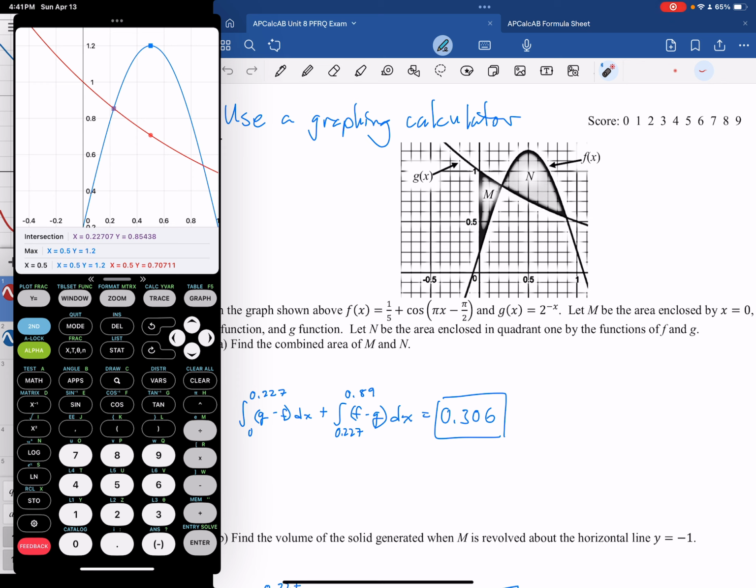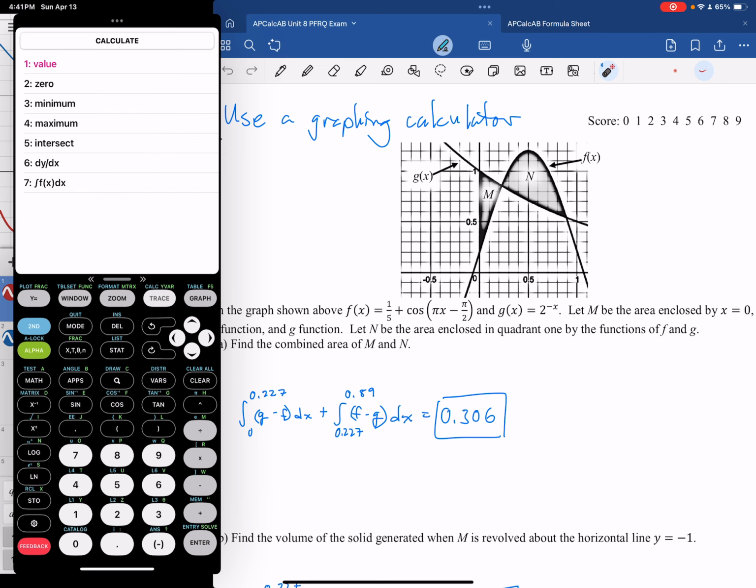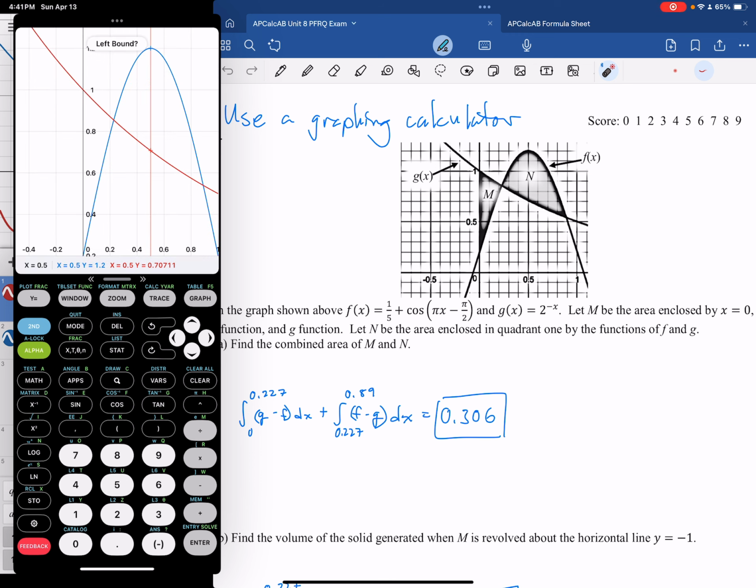Okay, so that first point of intersection is already highlighted on my graph, but your graph probably doesn't have it highlighted. What you do is you press second trace. That would be calc, okay? Second calc. It's the trace button. Then you see the intersect option, which is 5, and my calculator does something slightly different than yours. Mine says what is your left bound and what is your right bound. What your calculator probably says is